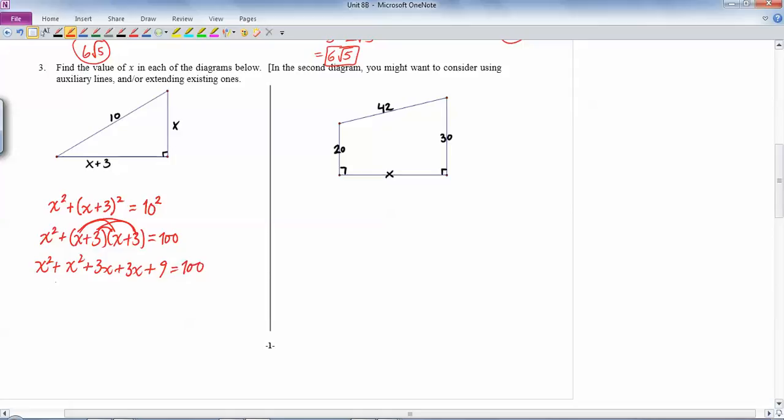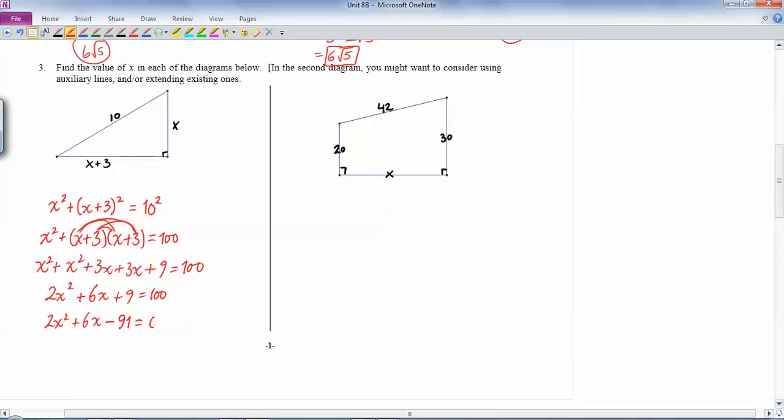So the 2 x squareds put together is 2 times x squared plus 6x and plus 9 equals 100. And then if I subtract 100, I get 2x squared plus 6x minus 91